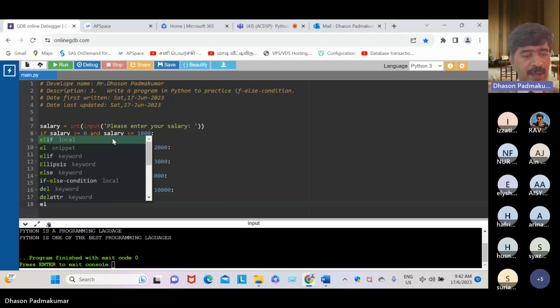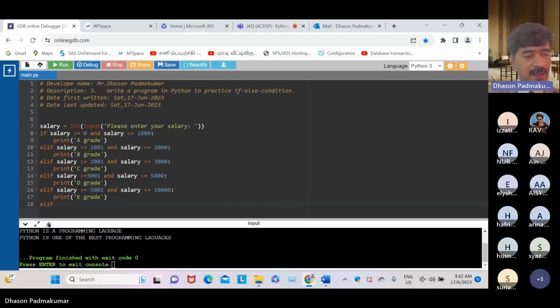Next is elif salary greater than or equal to, and salary less than or equal to, let's say 15,000, and print F grade.